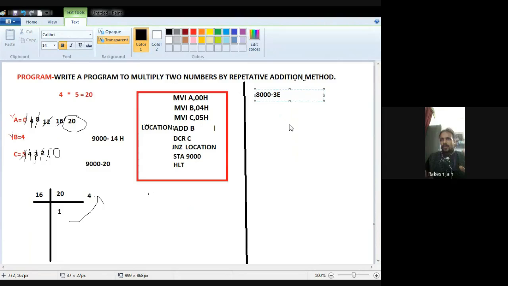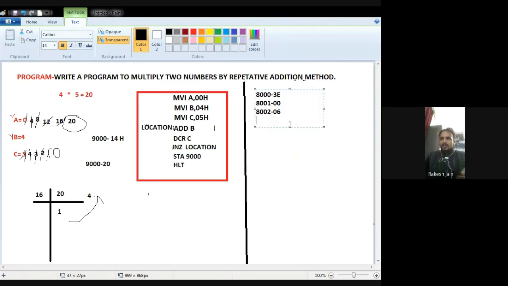Okay. Then at the next memory location it will automatically move to 8001. What data I have to load on accumulator, that is 00. So MVI A comma 00 is finished, because I load the hex code of MVI A from the opcode table, that is 3E. Then at the next memory location I load the content, that is 00. Then at the next memory location MVI B, what is the hex code of MVI B?